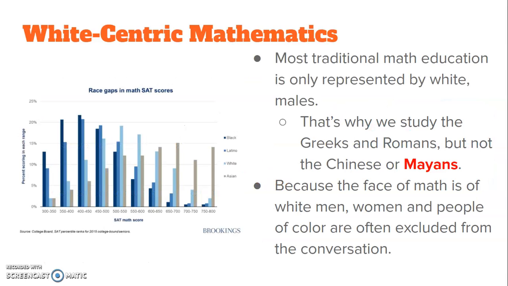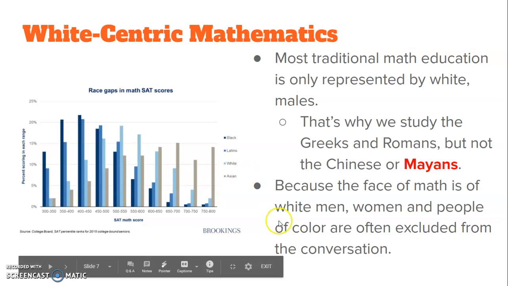Okay. Also, most traditional math education is represented by white males, okay? Like ignoring the Asians here because the Asians are another particular group. Notice that in the light blue section, the white people tend to have higher overall math SAT scores, okay? And then comes Latino and then comes black students. And black and Latino students actually tend to get left behind when it comes to math scores when basing it off of the SAT.